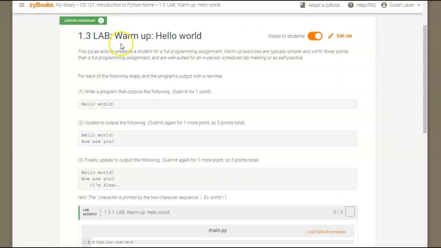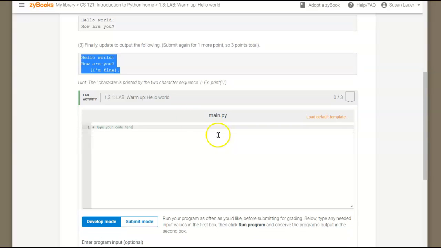So looking at the 1.3 lab, the warm-up on Hello World, we did this yesterday. And these labs, they're going to give you steps to go through and tell you how many points you're going to get for each. I want to show you that if you just do the whole thing at one time, I'll go back through and do it real quickly. Noting that there was